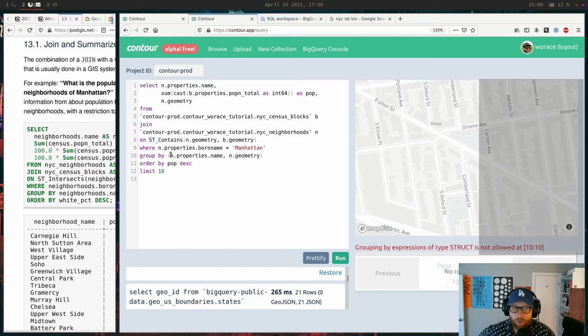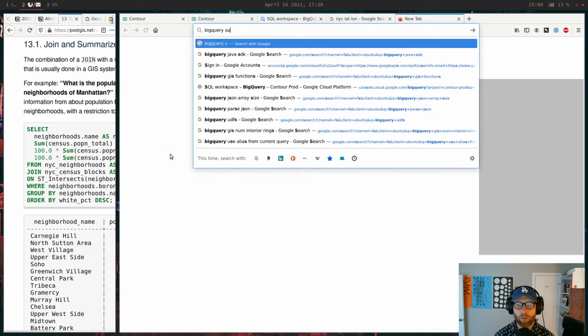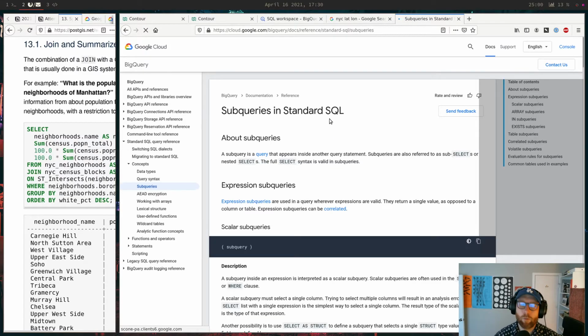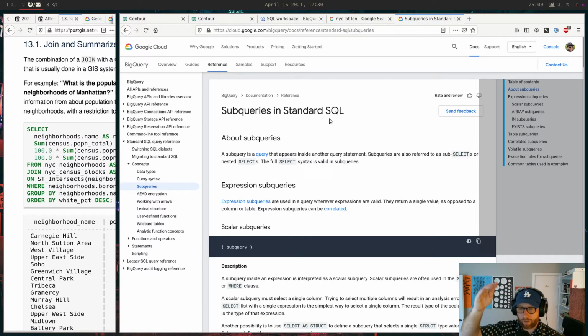I guess what you would have to do is some kind of subquery thing. BigQuery subquery, can you do that? Subqueries in standard SQL. So I'd have to run one query to get the names and populations of the top 10, then join them back and get the geometry, I guess.